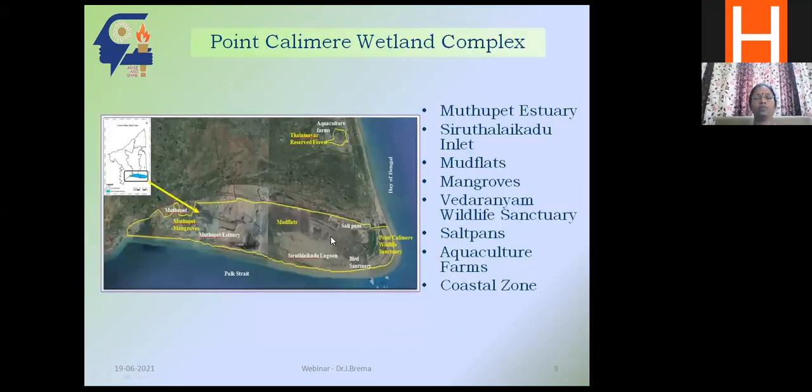So in this particular one, as I told, I have all these ecosystems present in this particular complex. We have got the mangroves here, estuary here, and this is another unique thing which is called mud flats, where it gets submerged underwater during high tide and comes out during low tide. And you have got specific species of fish and other things living on the mud flat, and a bird sanctuary. Salt pans are there for salt production, and another anthropogenic activity happening here is aquafarms, the cultivation of prawns and all those things.